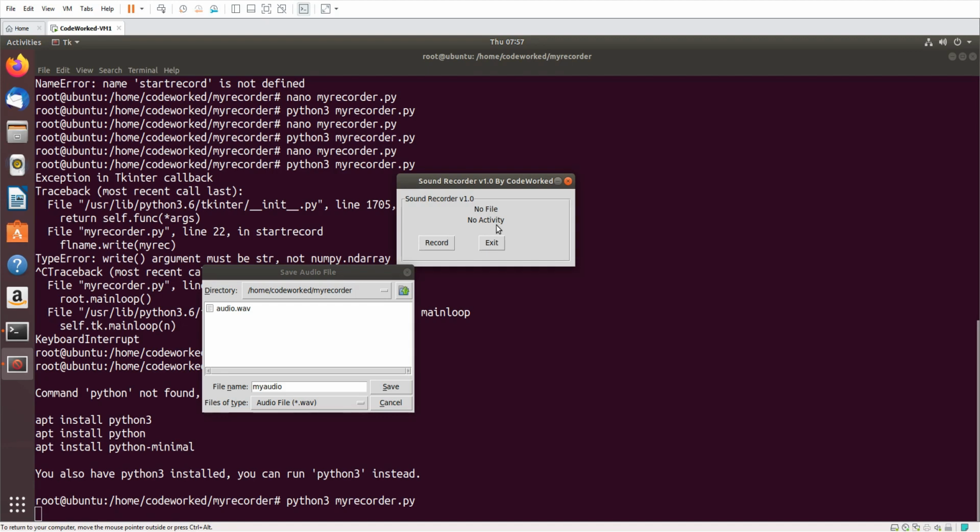So I will show you how we can do that. It won't update for now because it will block the thread while I am recording. So I click this save button and I will speak some testing words. It will be saved and I will play the audio file.